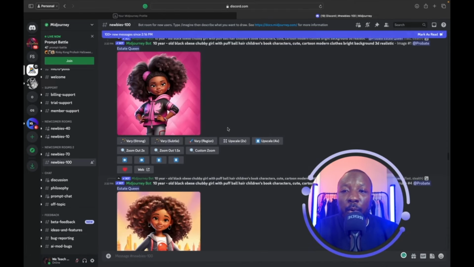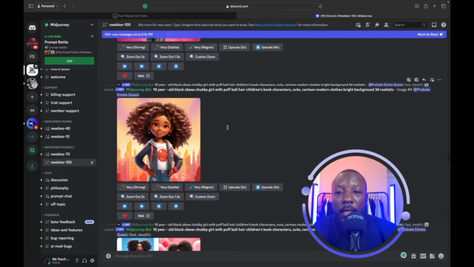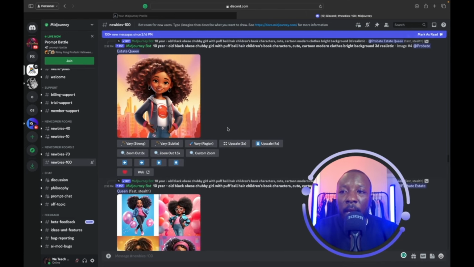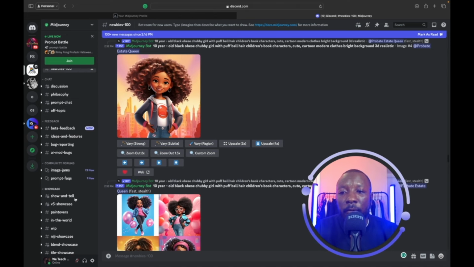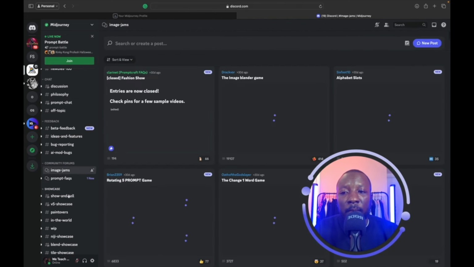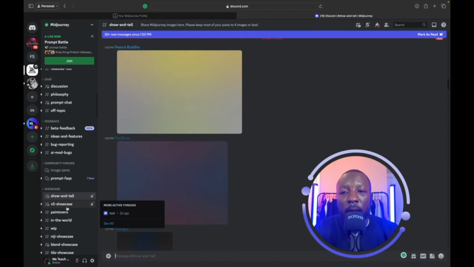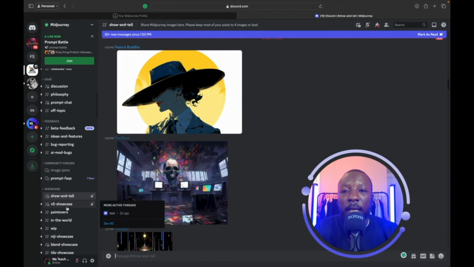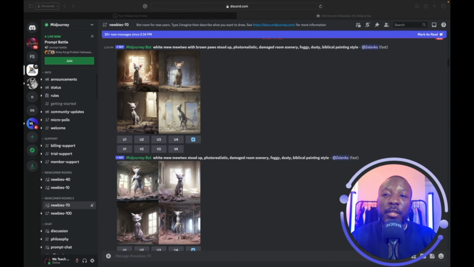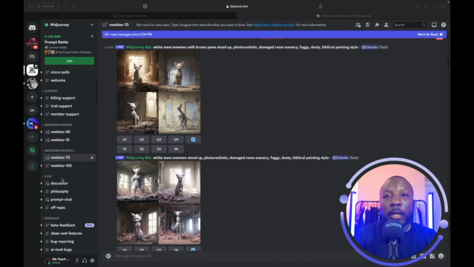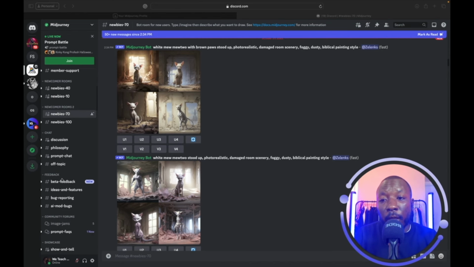So it's very important that you just go here, skim it, or at least know how to navigate it, so that you can go through the different channels from image jams to show and tell to showcases, to get inspired and see what other people are creating, so that you can design things for yourself. So while using the Midjourney server is a great tool and great resource, especially when you're starting out,